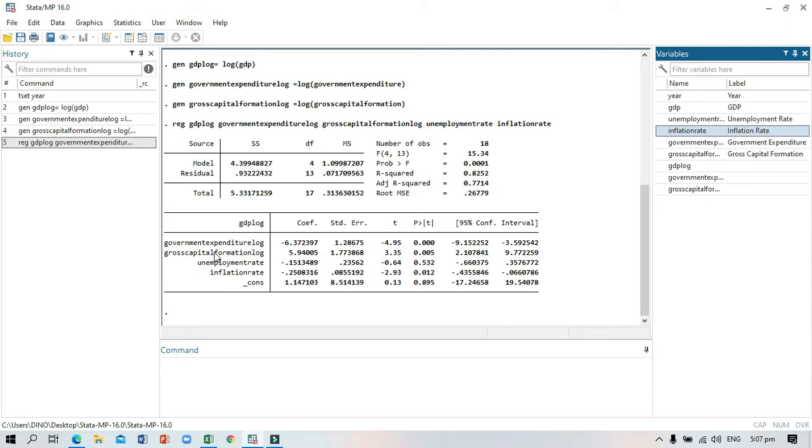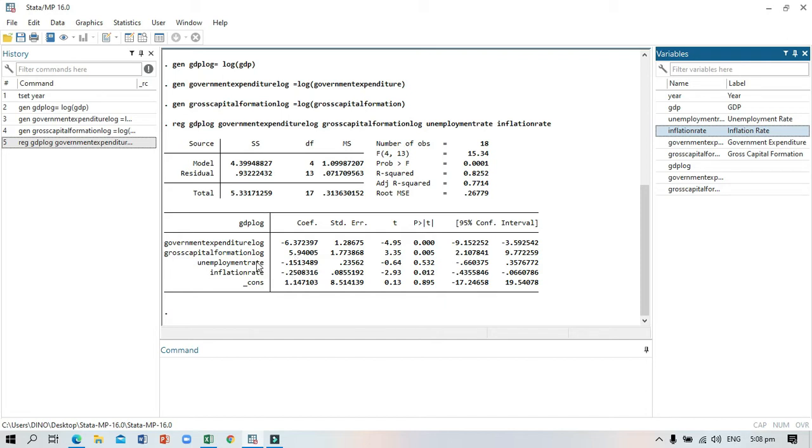Gross capital formation is a positive and statistically significant determinant of GDP in South Korea at 1% significance level. In other words, a 1% increase in gross capital formation leads to a 5.94% of GDP in South Korea in the years 2000 to 2017 ceteris paribus.